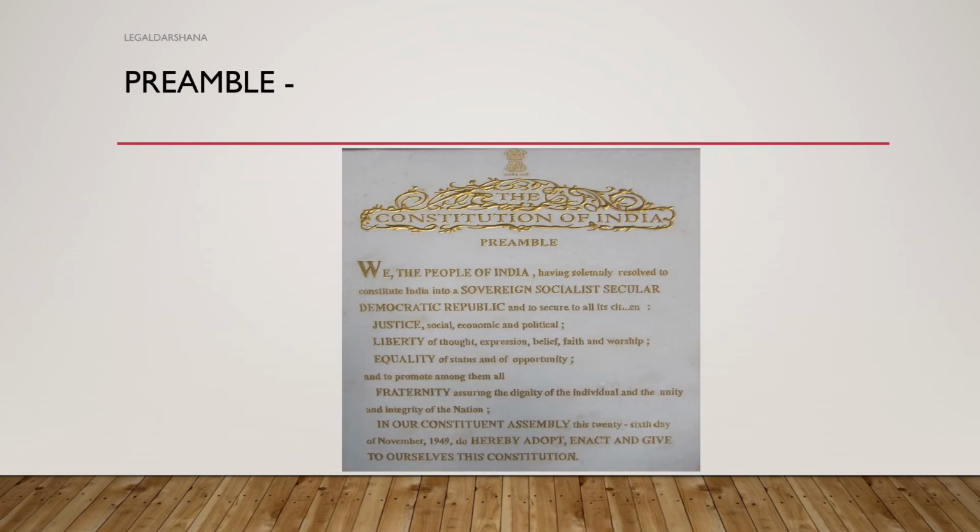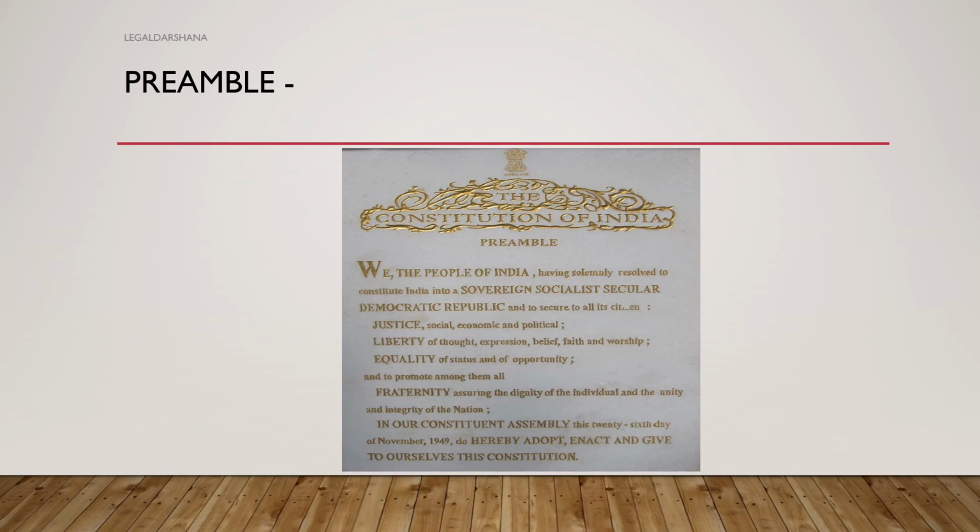Now there is the preamble of our constitution, which reads, "We, the people of India, having solemnly resolved to constitute India into a sovereign, socialist, secular, democratic republic, and to secure to all its citizens justice, social, economic and political; liberty of thought, expression, belief, faith and worship; equality of status and of opportunity; and to promote among them all fraternity, assuring the dignity of the individual and the unity and integrity of the nation; in our Constituent Assembly this 26th day of November 1949, do hereby adopt, enact and give to ourselves this